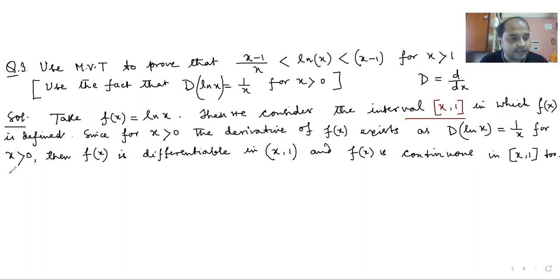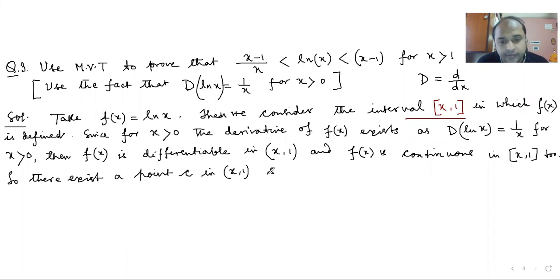So there exists a point C in (x, 1) so that, by mean value theorem, by MVT, we can write